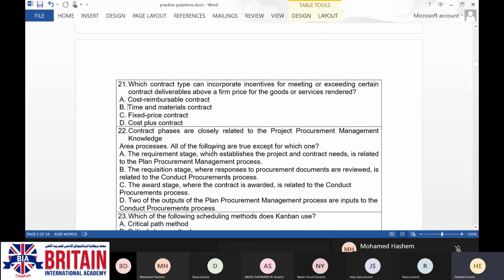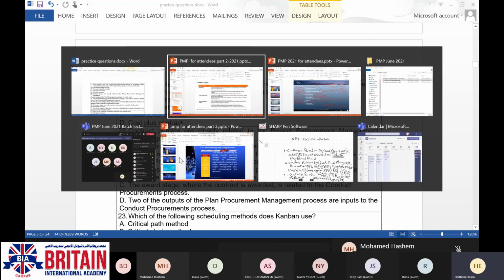Question number 22. So this question, the right answer will be fixed price contract. Question number 22. We have here